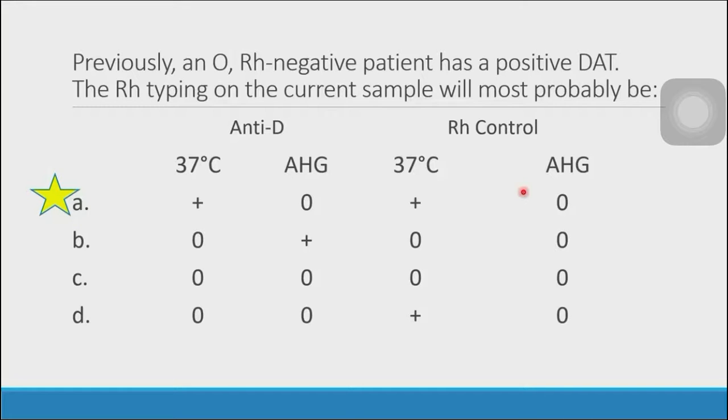So take note, in high protein reagents, both the RH control and typing should be positive. Huwag kakalimutan, in positive DAT, both RH typing and control should be positive in high protein reagent. So ano yung resolution for this high protein reagent? Gumamit ka ng mga low protein reagent. Usually naman in the laboratory, ang ginagamit na ngayon are monoclonal antibodies, para ma-limit or ma-eliminate yung mga false positive reaction.